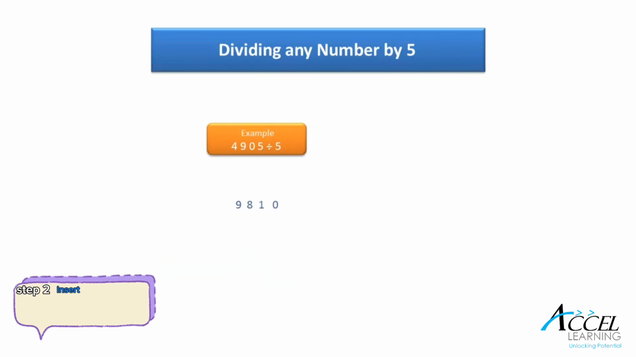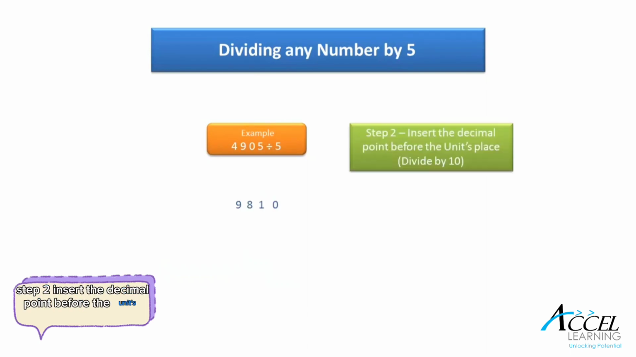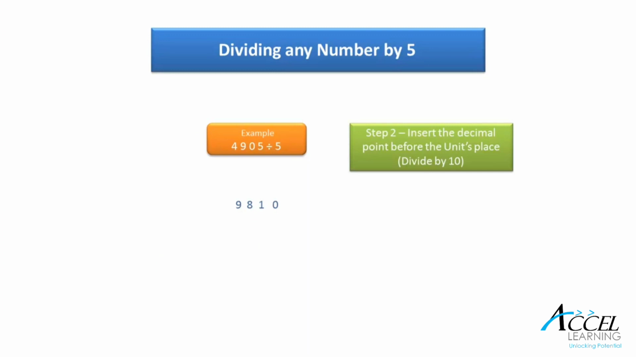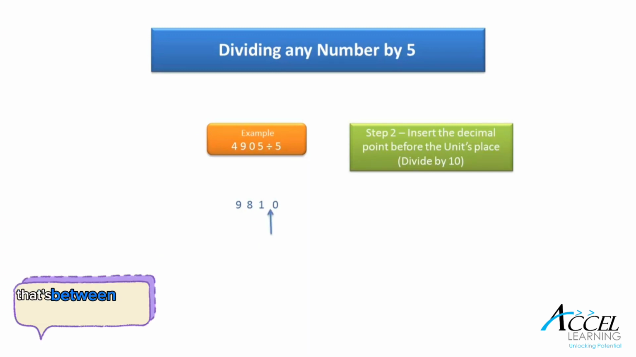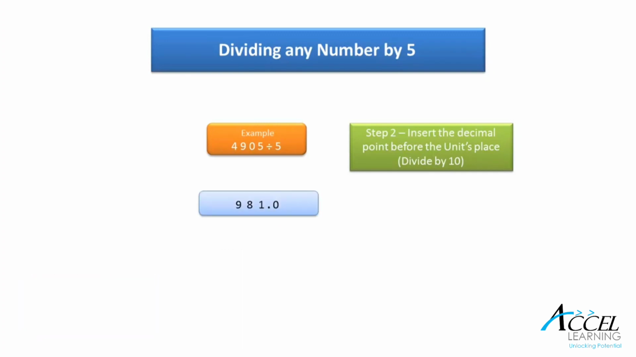Step 2. Insert the decimal point before the units place. That's between 1 and 0 in this example. And you get 981. And that's the final answer. 4,905 divided by 5 equals